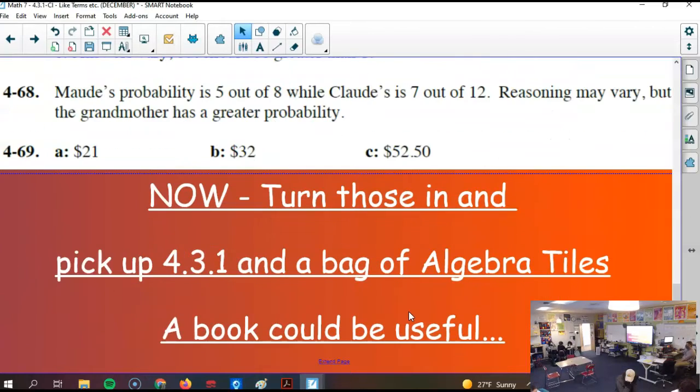So if those are done, you need to turn those in and then pick up algebra tiles. Those white boxes have bags of plastic algebra tiles in them. Pick up those and get your 431 worksheet. Your worksheet's up here. You're essentially going to trade me worksheets. So you should be turning in two things, 423 and 424. If you already did, you're special. There's only 3 of you that did that. You should be turning in 2 things. Together would make me the happiest, but...